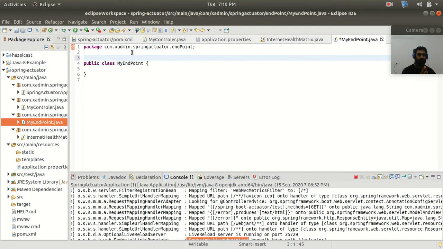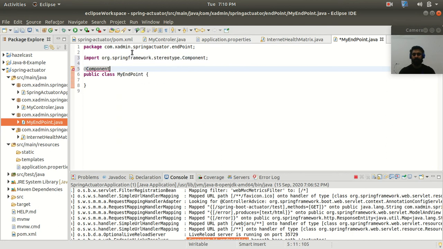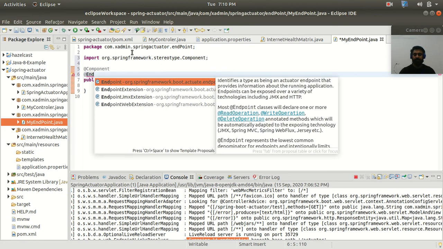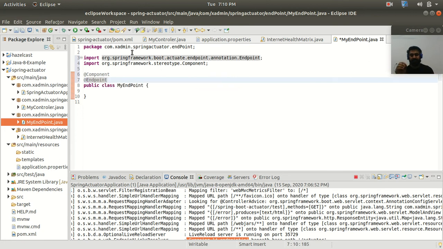Alright, first of all, this is a component, so let's mark this with the Component annotation, and this is our endpoint, so let me mark this with the Endpoint annotation. I have created this endpoint, and now it's time to provide the name to the endpoint. For that, pass the id in the argument; let's say I want to provide the name of my endpoint as xadmin.